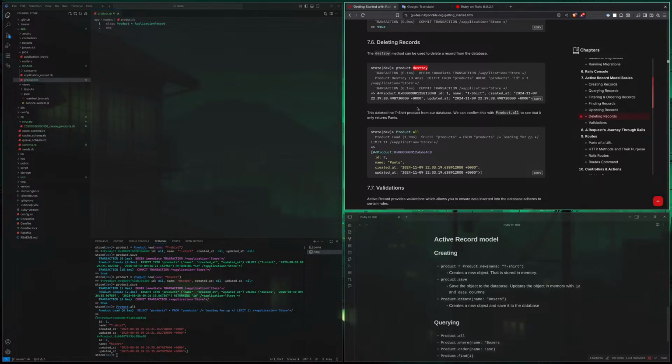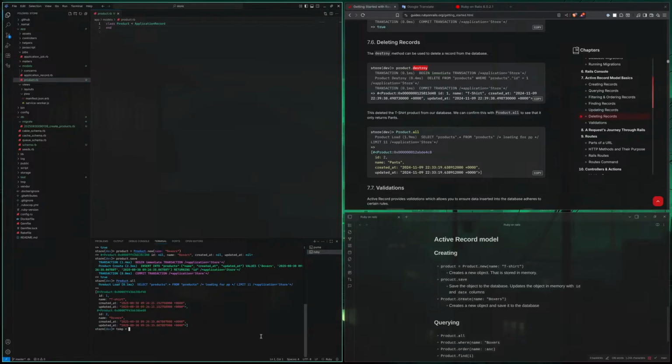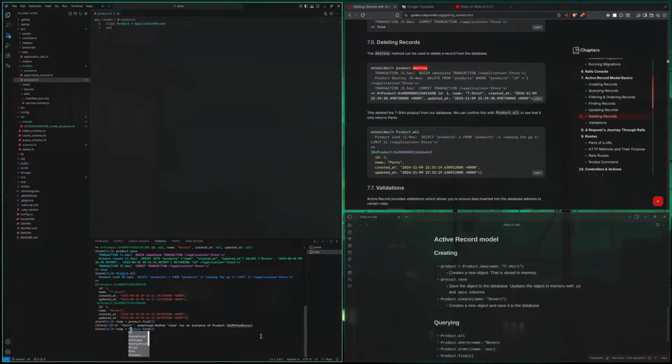No clue, but let's try that. Let's temp equals product find, and let's find boxers, which is ID 2. Oh yeah. Product. There we go.